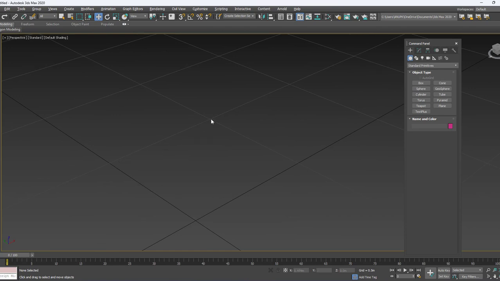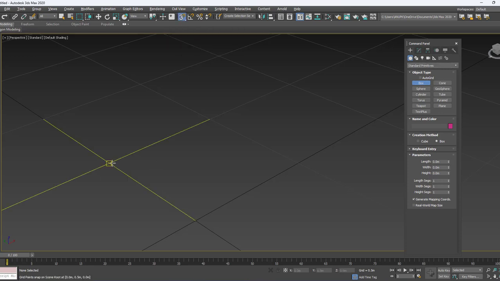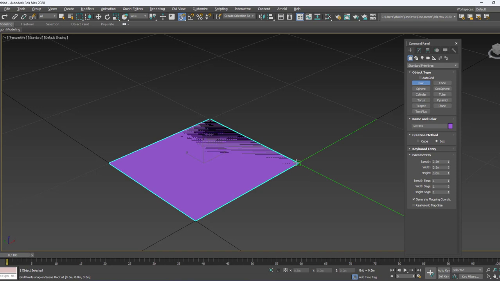So if I want to draw a 0.5 box, then I just go to the box. Without giving the measurement, by using the snap option, you can draw, but make sure you have the snap toggle option on, and then click it here. Here you can see how it is snapping. Click the first point and then second point. This is 0.5, and then give the height.